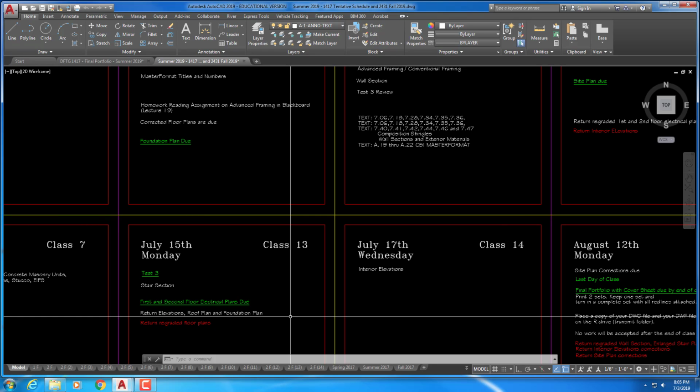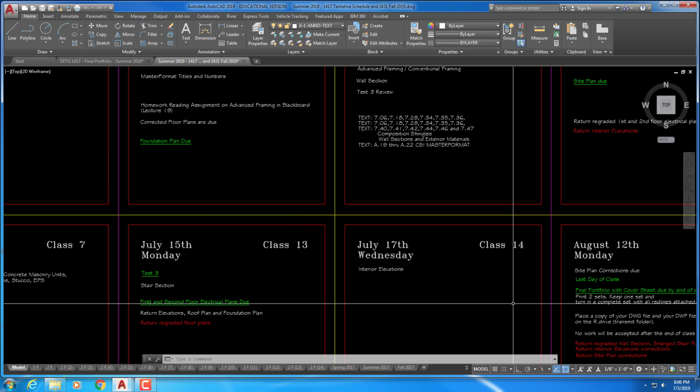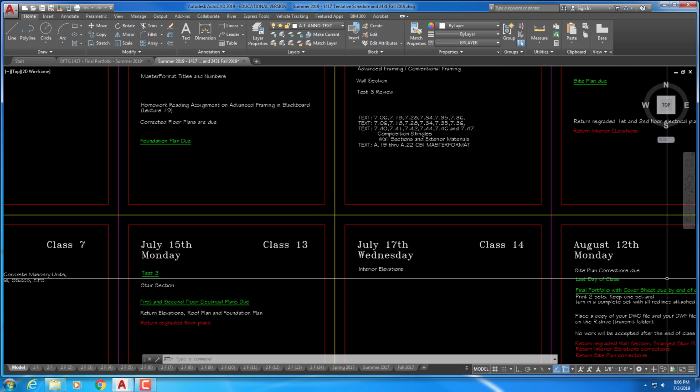It takes me a little longer to do the elevations and the roof plan, so I won't probably have those ready by next time. But usually after that, it's going to be constantly returning stuff. But anyway, to answer your question, the electrical plans are not due until a week from this coming Monday, but the foundation plan and corrected floor plans are due on this Monday. Okay. And I'll put this up